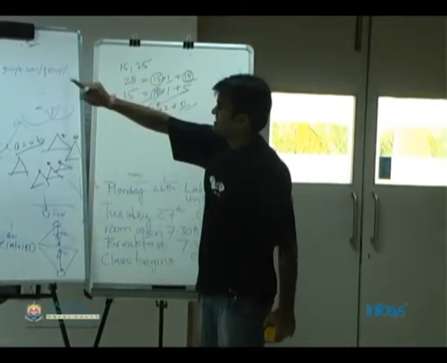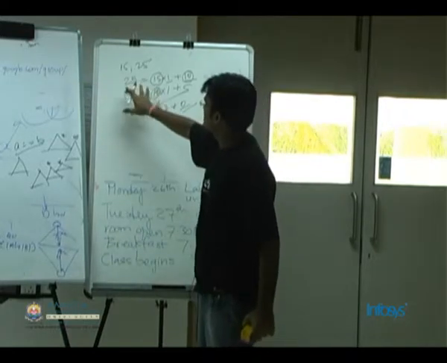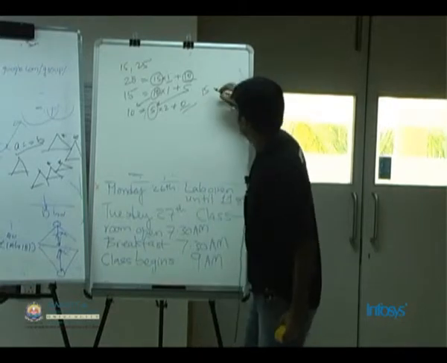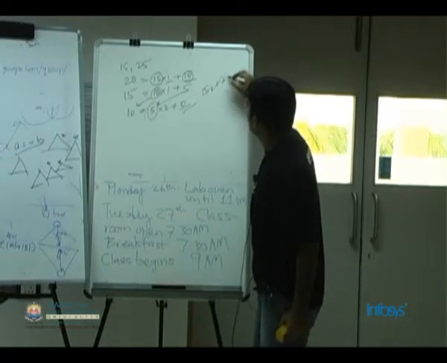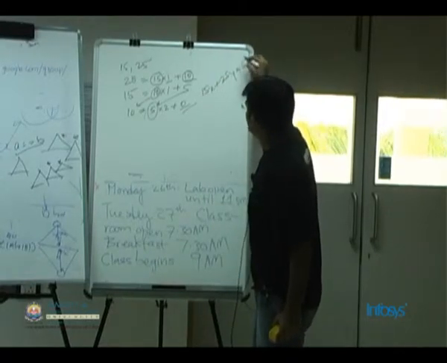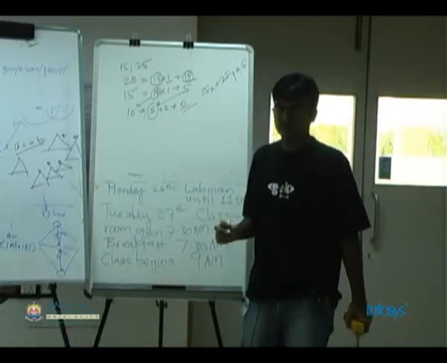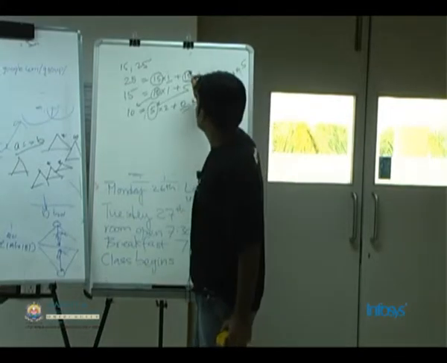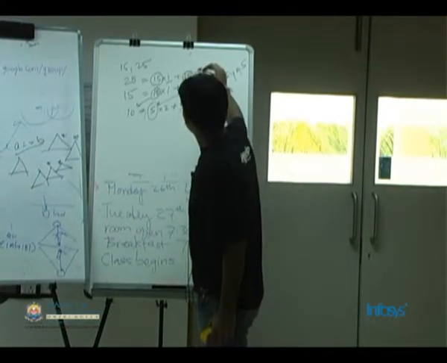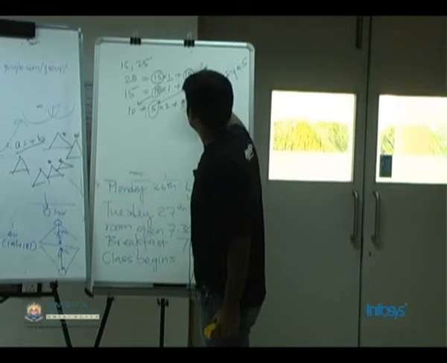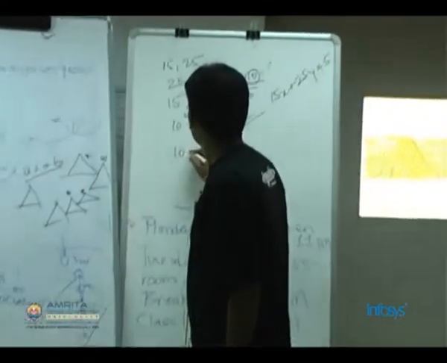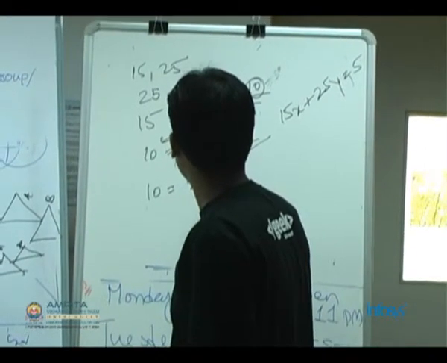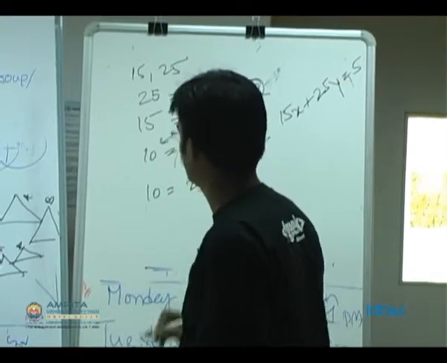So the extended GCD method, what we just want to do is, we want to find out x and y such that 15x plus 25y is equal to 5, right? So it's fairly simple. What we'll do is, from this equation we can get that 10 is equal to 25 minus 15 into 1.